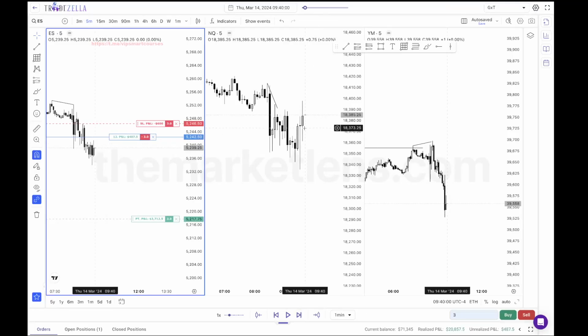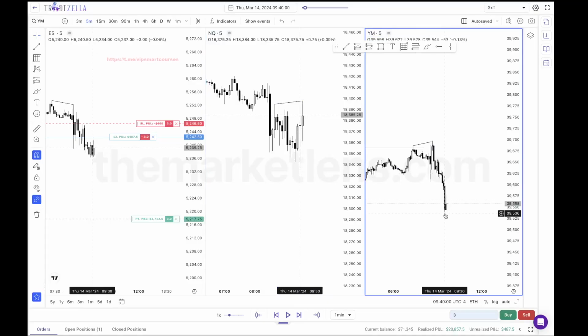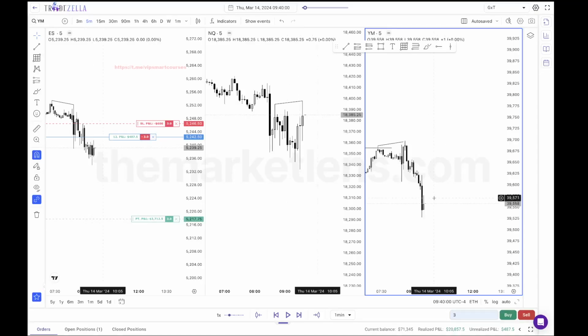So look here, 930 is taking out this high. And look at, guys, look at YM right now. It's not even close to this high. It has no respect. So what are they doing? They're expanding in opposite directions. So this SMT, a manipulation, should be the cause for resync.